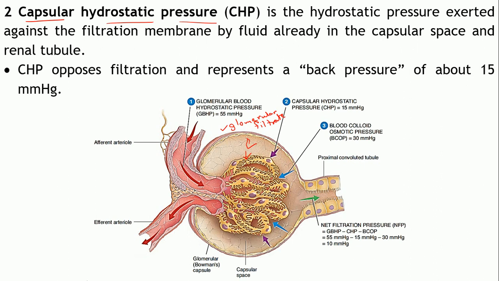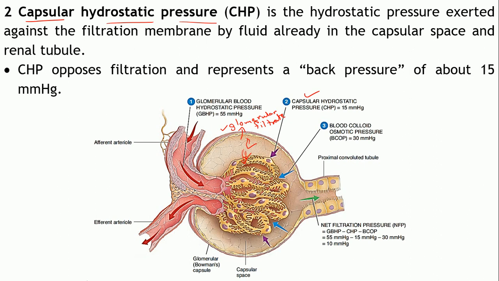So this pressure is exerted by the fluid, the glomerular filtrate, on the walls of these capillaries. Can it move out from here? Is it possible? No, because such fenestrations, slits are not present here. So in which direction can this fluid move? It will exert the pressure towards the capillaries, and that pressure is known as the capsular hydrostatic pressure. So in which direction is it pushing the fluid? Towards the capillaries.